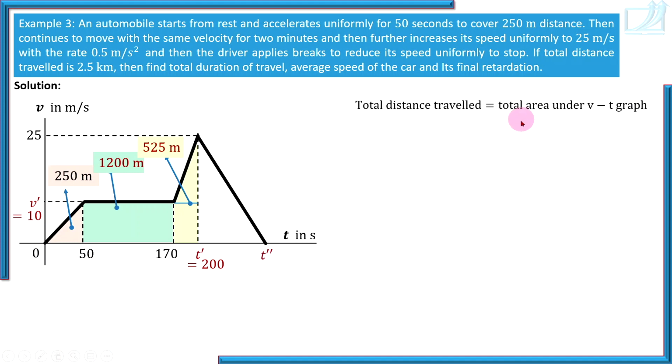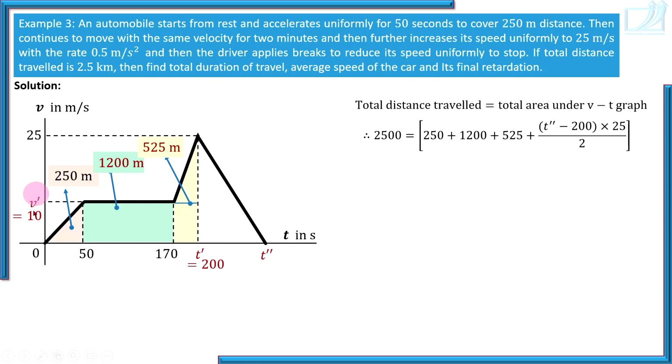So total distance traveled is given, 2500. So distance traveled during initial accelerated motion, plus distance traveled during uniform velocity motion, plus distance traveled during accelerated motion in these 30 seconds, plus this distance traveled, and this is that area. How much is this area? We don't know. So in terms of T double dash, base is T double dash minus 200, into height of